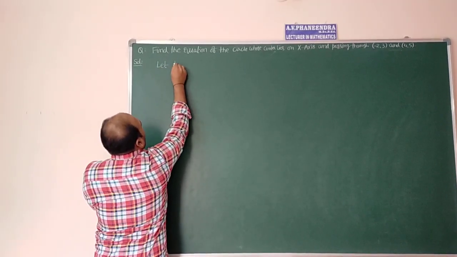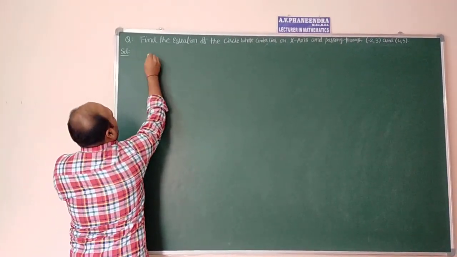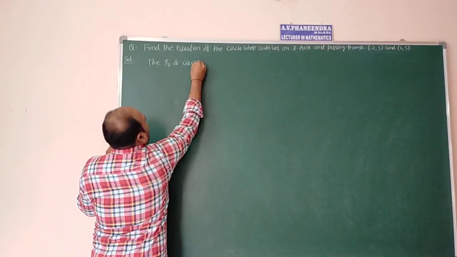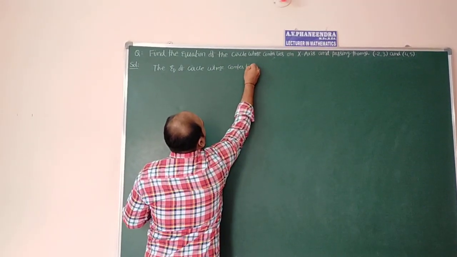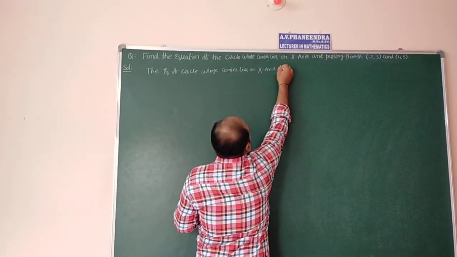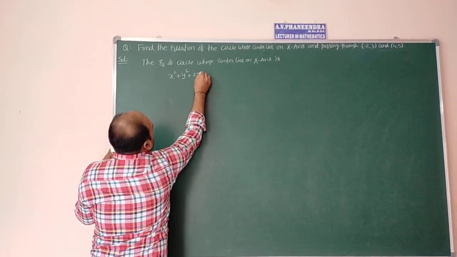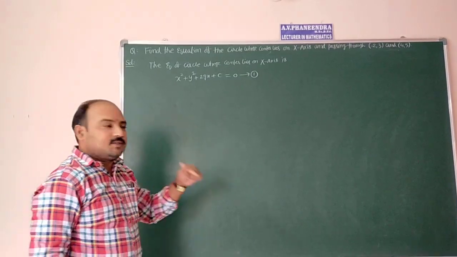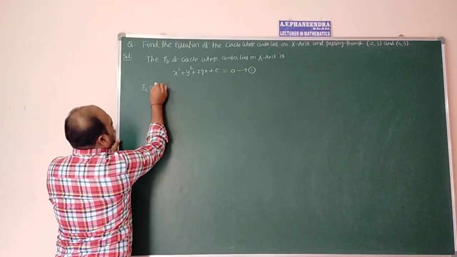Let the required equation be, instead of writing that, we can write: the equation of circle whose center lies on the x-axis is x square plus y square plus 2gx plus c equal to 0. Center lies on the x-axis means this equation will come. This equation 1 is passing through